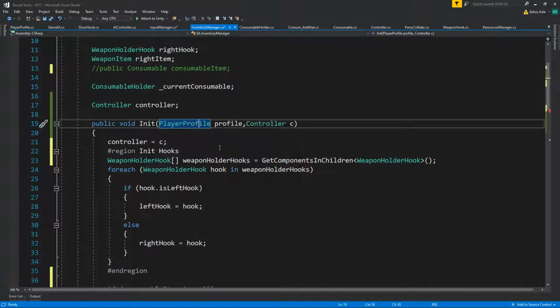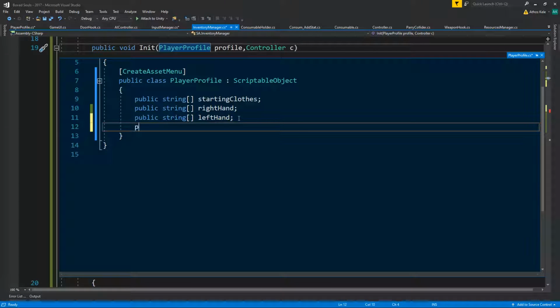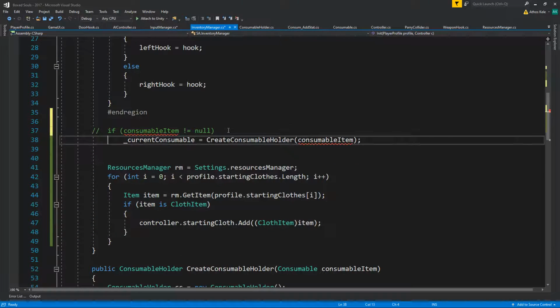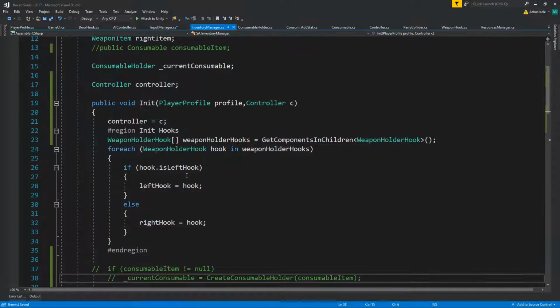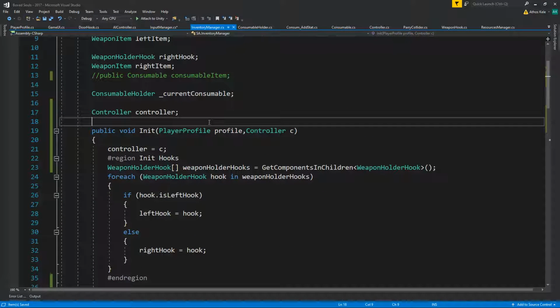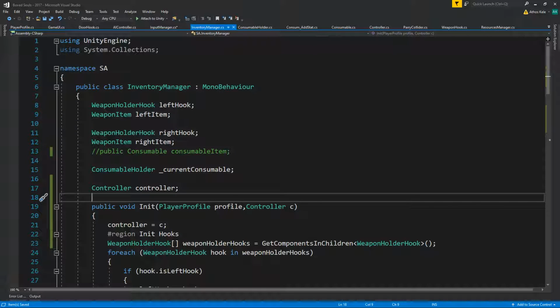Okay, because on your player profile you can have public string consumables, or extra, or items in general, you know. I guess could be consumable. Okay, so now all it comes down to is how we filter out our